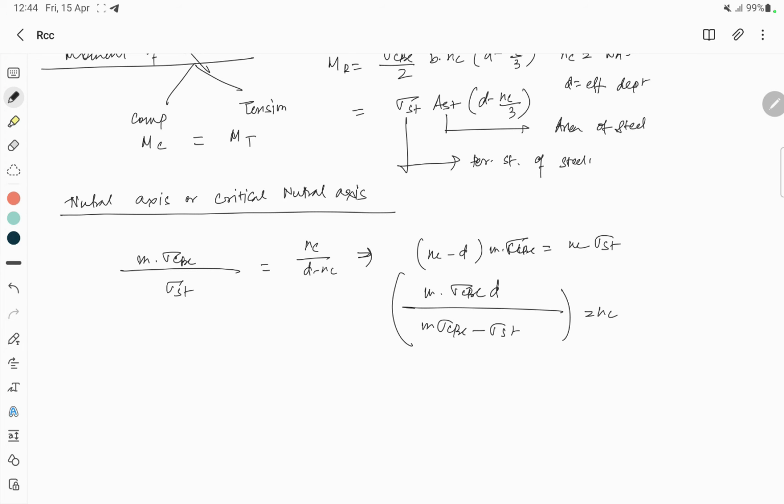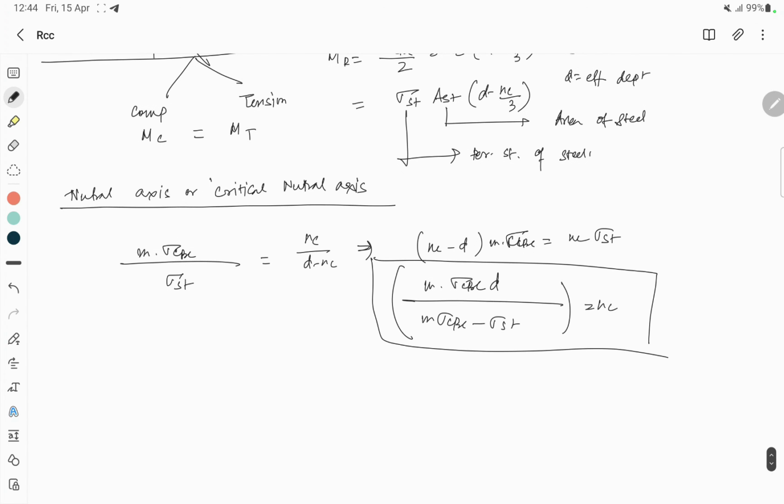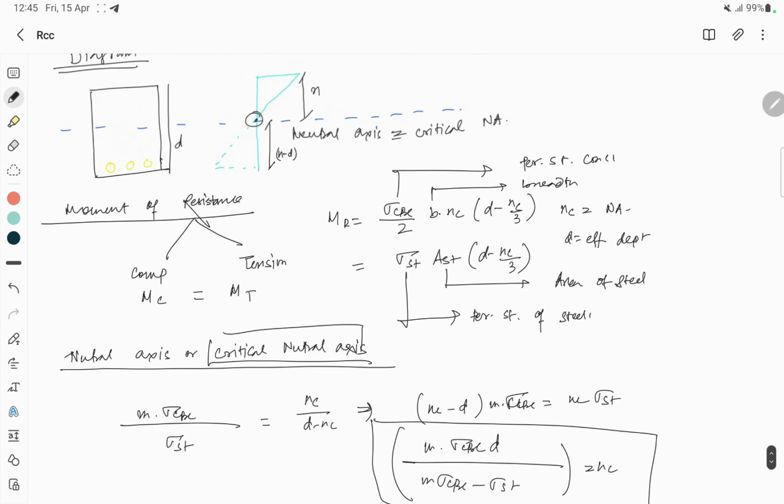That is the value of the nc. Yeah, this is how you may find the value of critical neutral axis, and this is how you find the